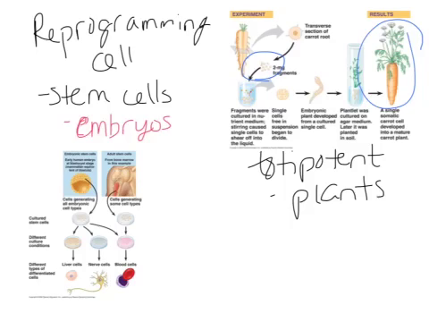Stem cells are undifferentiated, but most of them are pluripotent, which means they can turn into most cells. They can give rise to most types of tissues, but not an entire organism. And so in animals, the zygote is totipotent. The embryonic stem cells, which are these cells in the inner mass of the embryo, are pluripotent. And again, pluripotent can give rise to most tissues, but not necessarily the whole organism.